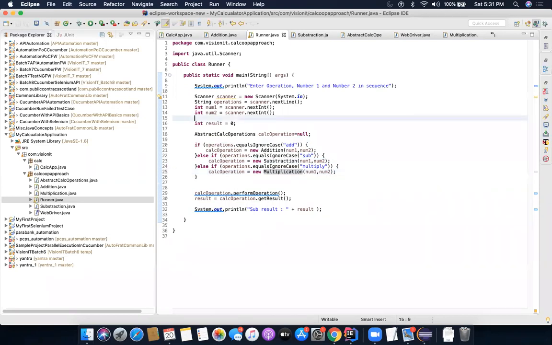All right. The simple concept which is applicable everywhere, even in our real life, is that you cannot keep things static. Things are bound to improve or increase or extend. Right now your functionality is addition, subtraction, multiplication, but it will increase. Maybe sometime your client will come, I want one more operation, I want this, I want that. So you should be in a position to properly enhance your code with the least efforts and the least code changes. And you can only do this if you actually apply object oriented programming in your designs. That is the reason.